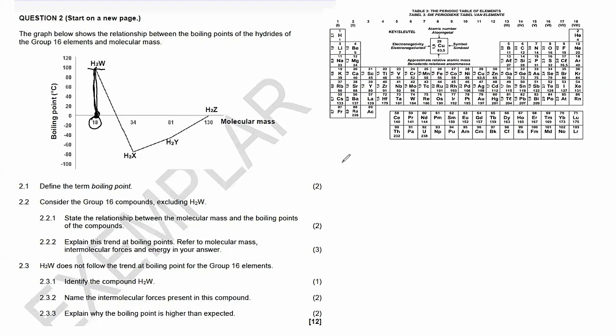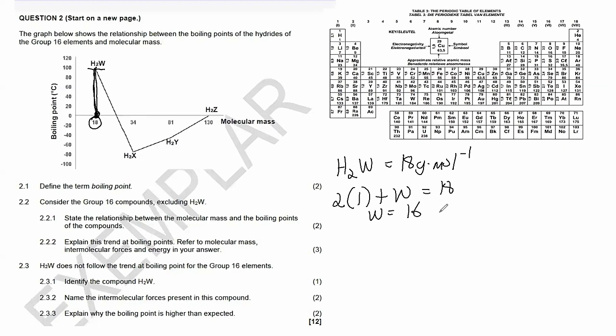So what we are going to say is that the H2W must give us 18 grams per mole, but now we know that the molar mass of hydrogen is 1, so we have 2 atoms of hydrogen, which means it's 2 times 1 plus the W there, which equals 18. Now, if we want the W, we're going to say 18 minus 2, which will end up giving us 16